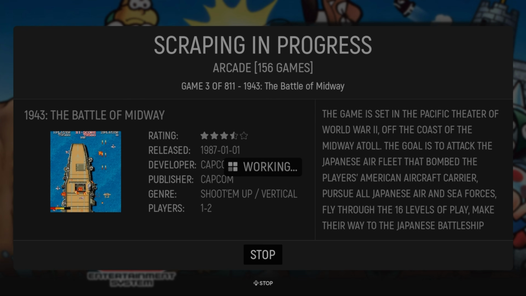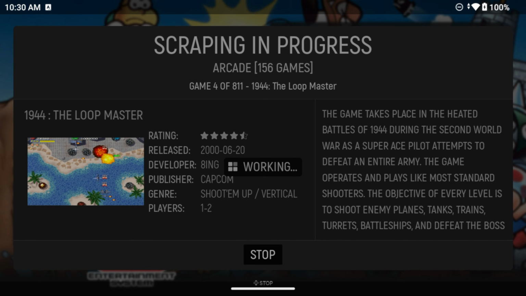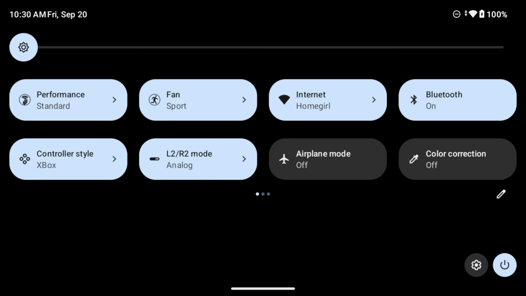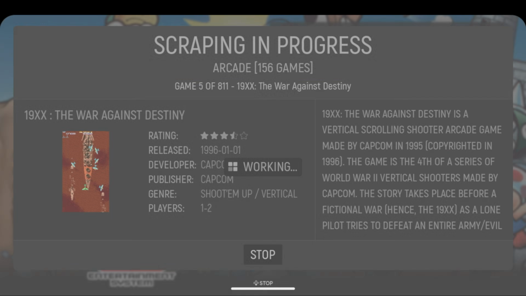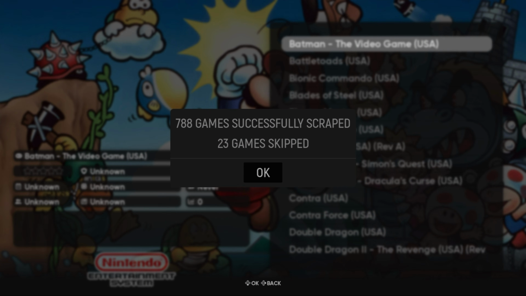So one of the things you may want to do, especially if you have an OLED display, is swipe down from the top, and then turn down the brightness of your screen all the way. That way you're not going to get any risk of burn-in. Anyway, that is one handy trick to be able to scrape through all of your systems without having any of that risk. Now again, I'm just going to fast forward through all of this, and so here I am 2